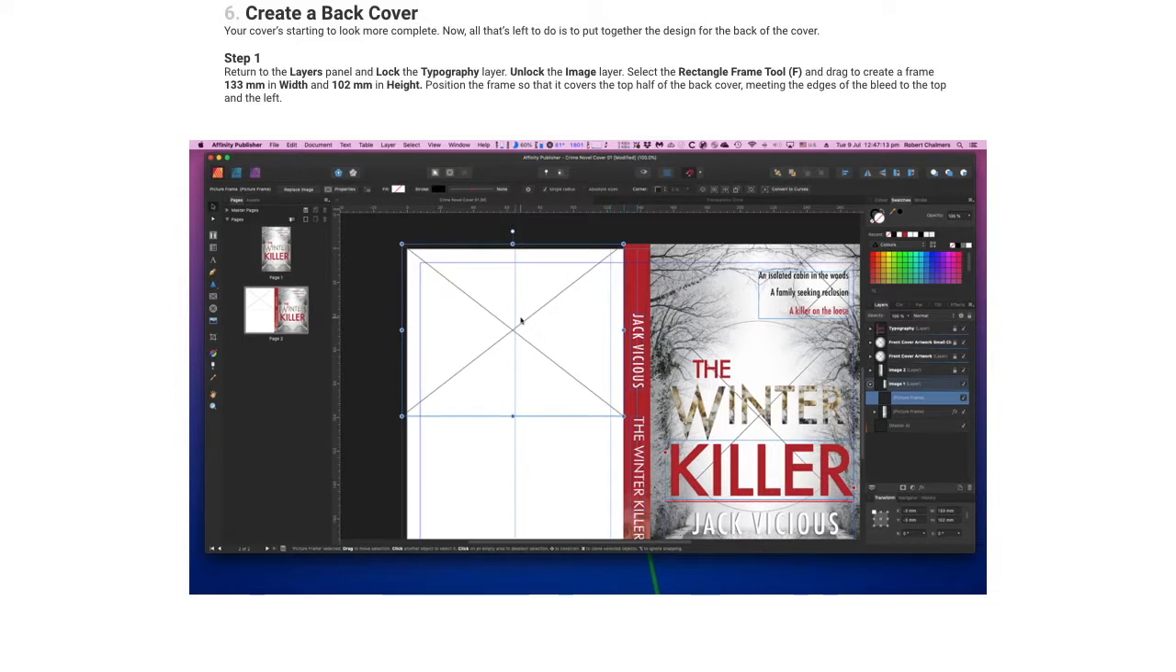Now let's start creating the back cover. Your cover's starting to look more complete. Now all that's left to do is put together the design for the back of the cover. So return to the Layers panel and lock the typography layer, unlock the image layer and select the rectangle tool. Drag to create a frame which is